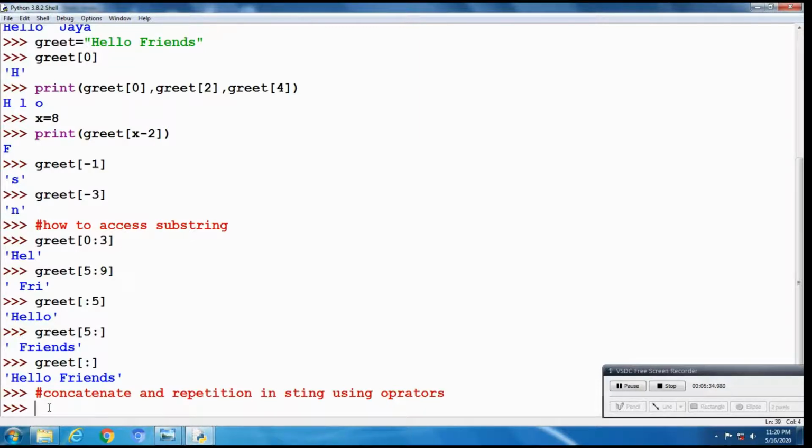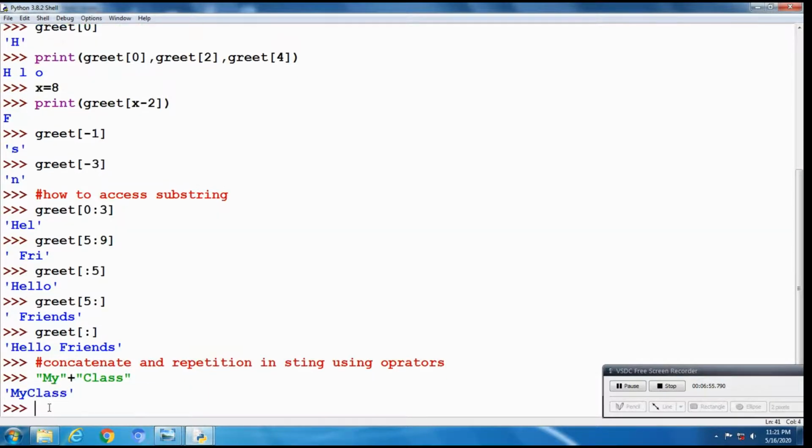I am going to concatenate 2 strings, my and class. My is the first string, plus, we are using the plus to concatenate 2 strings. See here, class. Then together we will get both concatenated.